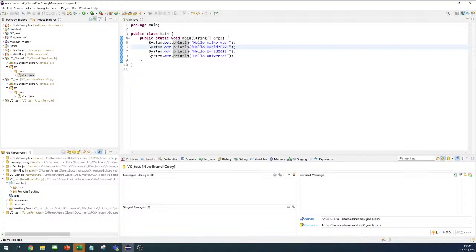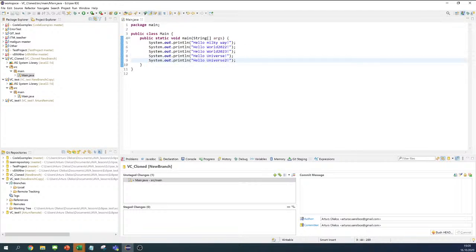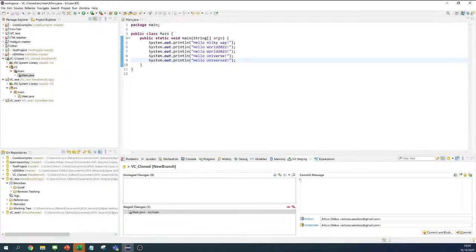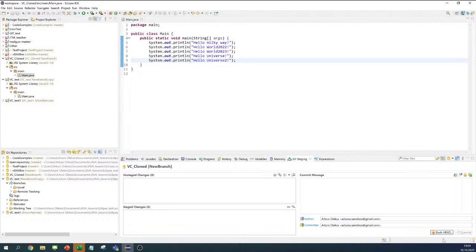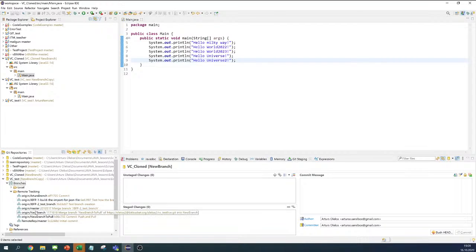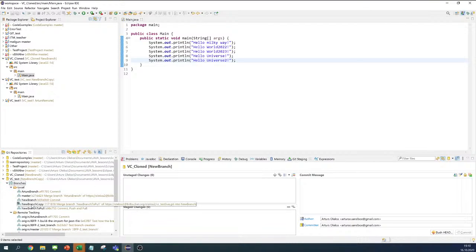We have the branch. Maybe again, let's do it from here, and at the moment I will push all the changes. So we have the changes in our local branch, and then we change, we commit, and we push the changes. Once we push, the changes will be pushed to the remote repository, and will also be pushed to the remote branch. So now the changes will be here as well. So now we are on the new branch copy,